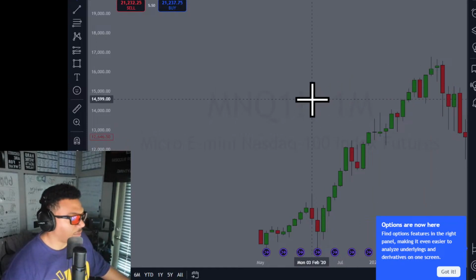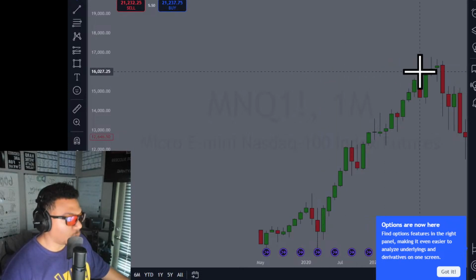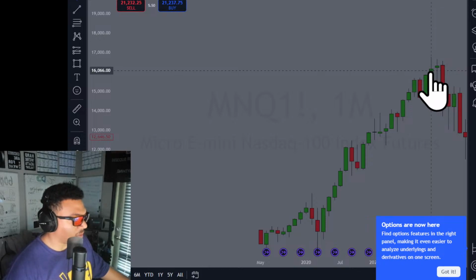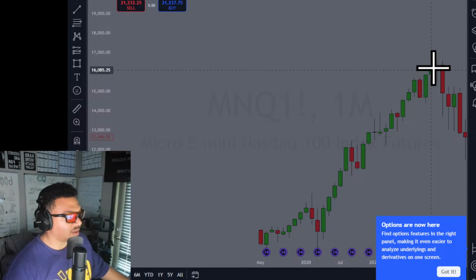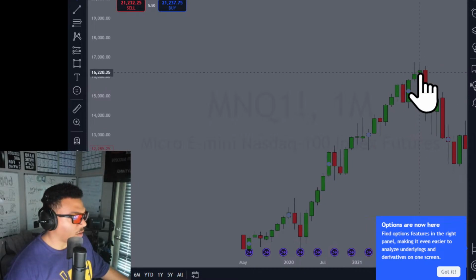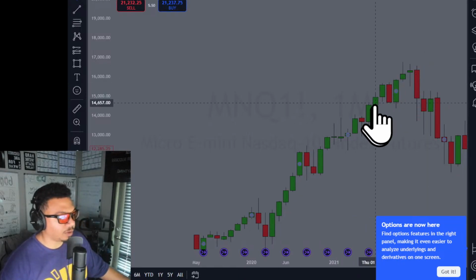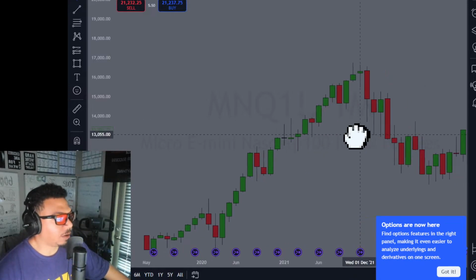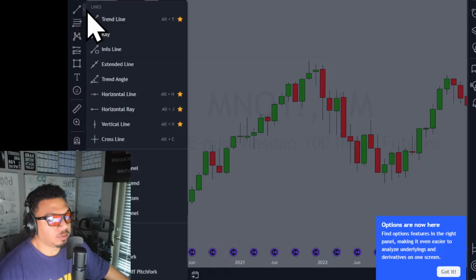A swing point is going to be when one candle, let's just say we identified this candle right here, the candle to the left of it has a lower opening and high, and the candle over here has a higher opening and high. So that technically wouldn't be a swing point. This one would be, as long as the candles before it and after it technically have a lower opening. It's not the best from this time frame, and you may have to watch another video on swing points. I'm going to work on explaining that better, but essentially it's just an old high or low.